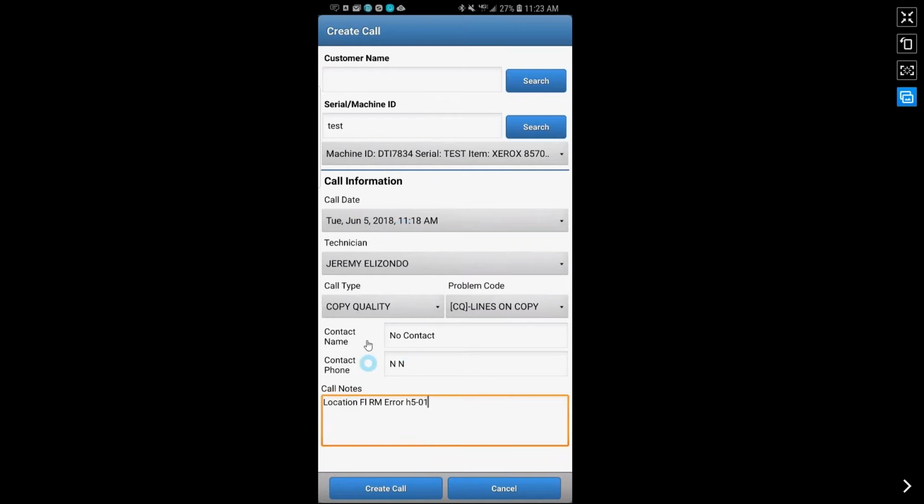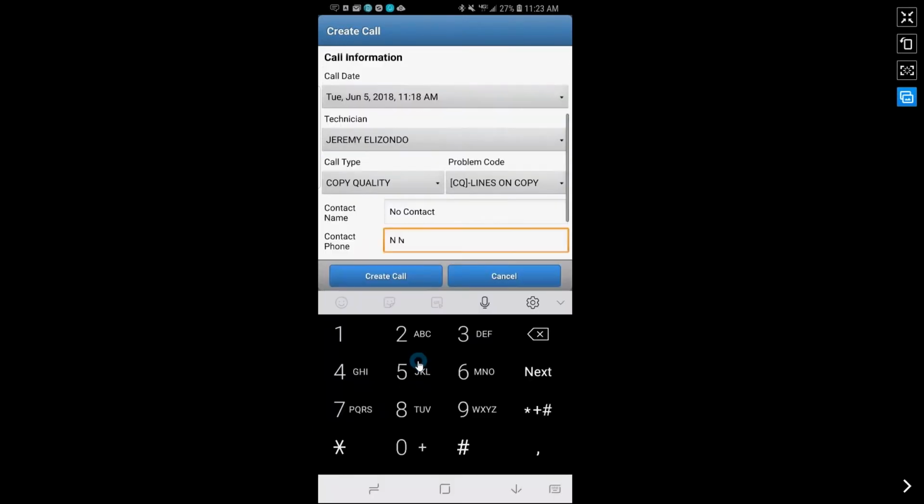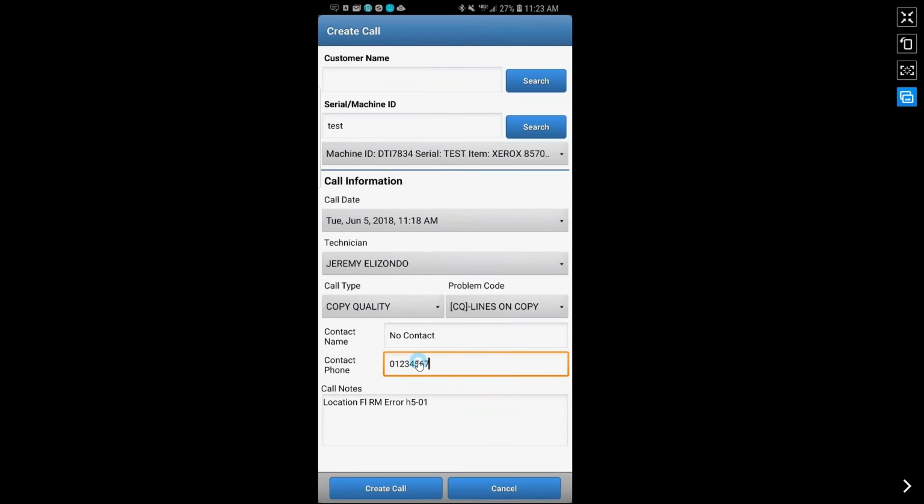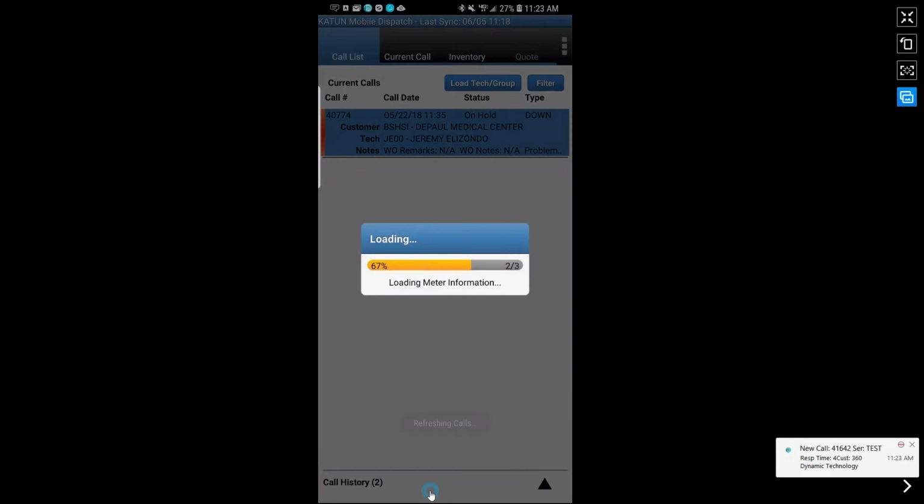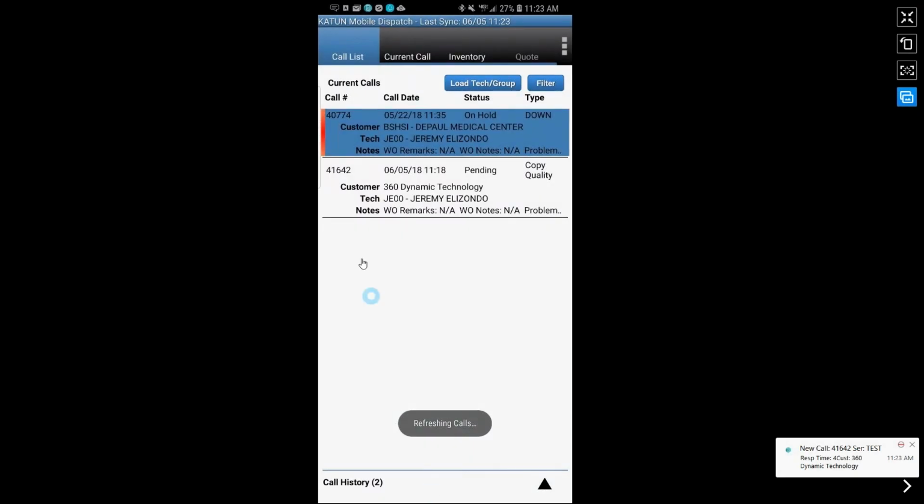We say the customer put lines on copy. Then I'll continue on following up information. Contact name. Now I know all the time, not all the time, but some users, they don't put a contact name or you do not have a contact name. So what I usually do if there's no contact, I'll go ahead and put in no contact. That way, in the future, when I pull up the call history, I'll know when this ticket was open, I had very little information. Same thing with the phone number. Unfortunately, you do need